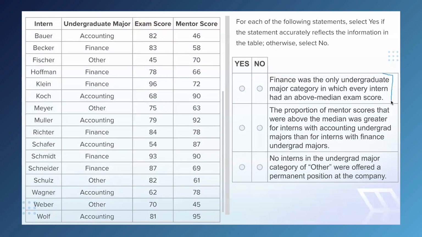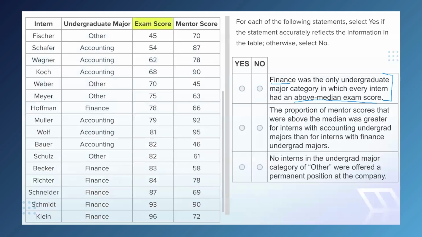Looking at our statements, Statement 1 indicates that finance was the only undergraduate major category in which every intern had an above median exam score. Okay, so to evaluate this, we need to find our median exam score, so we'll sort by exam score and count in to find our 2 middle values, which are 79 and 81, which average to give us a median exam score of 80. With the table still sorted by exam score, we can look to verify the truth of